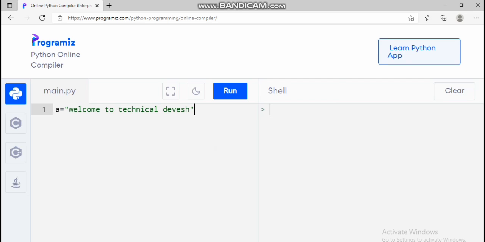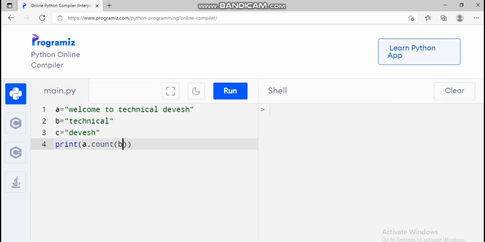So this is the first string I have defined. The count function will count the occurrences of a substring in the string, the number of times the substring appears. Now I am defining a substring here, that is B. So I can take another substring. It will count the occurrences of a substring inside that string. Got it? Now let us use the print command, and I am just using a dot count. We have to count B here.